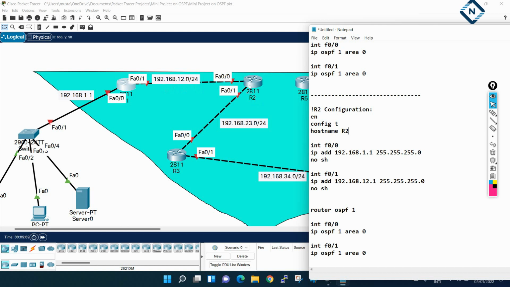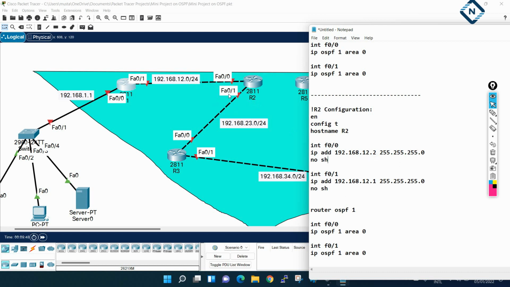But you need to remember, the link which connects R1 and R2, they should be in the same subnet. If they are in different subnets, they cannot communicate. Directly connected interfaces should be in the same subnet. So whatever IP you use, they should be in the same subnet. If you want to use 12.3, 12.4, 12.5 or anything for R2, it will work, no issue. But for simplicity, I am using the router number. So I will change here; this should be 12.2.